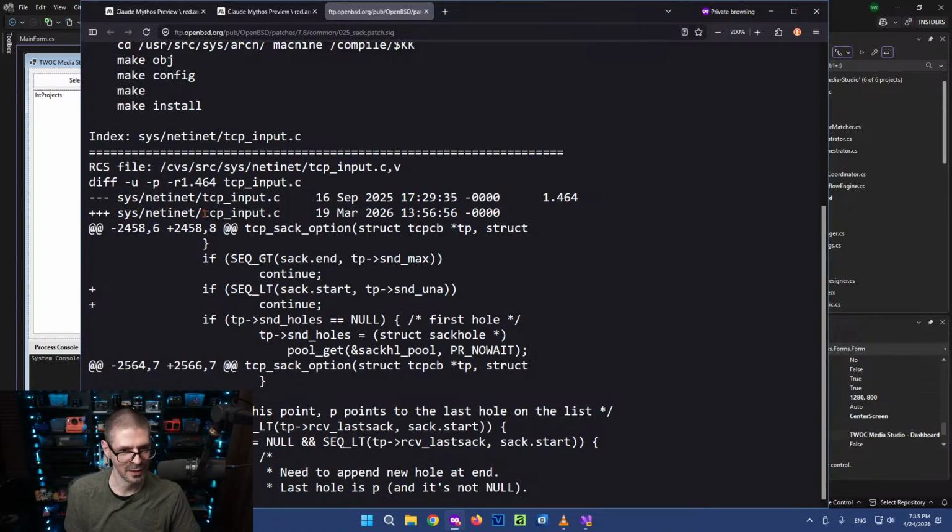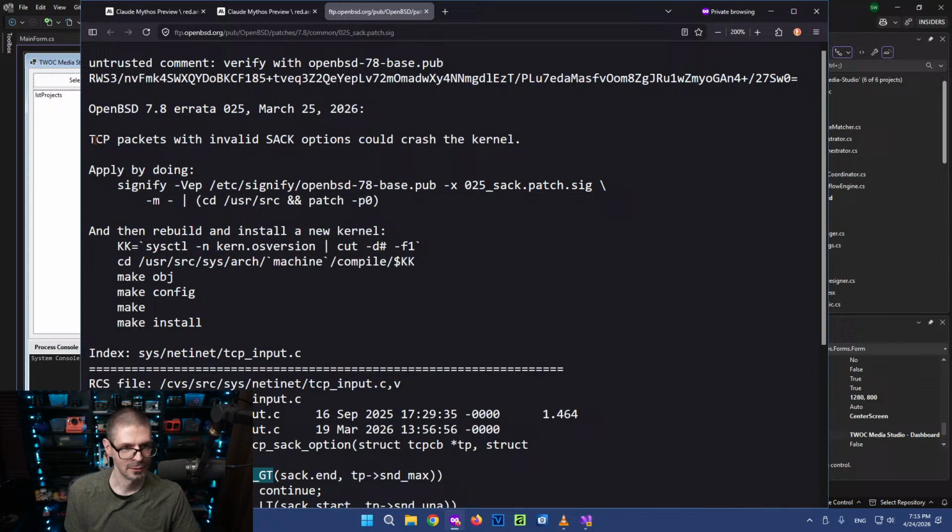Yeah, without the context of what all this means, it's difficult. TCP packets with invalid SACK options could crash the kernel.